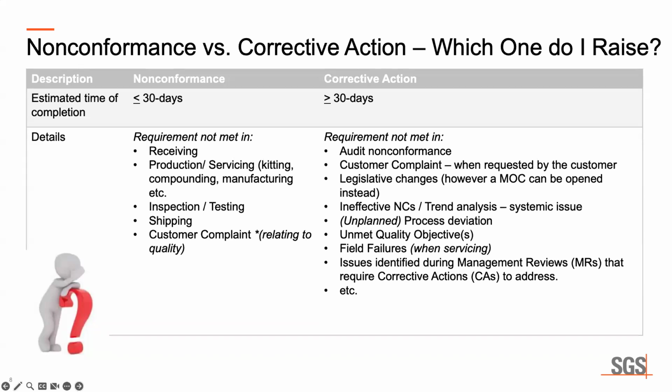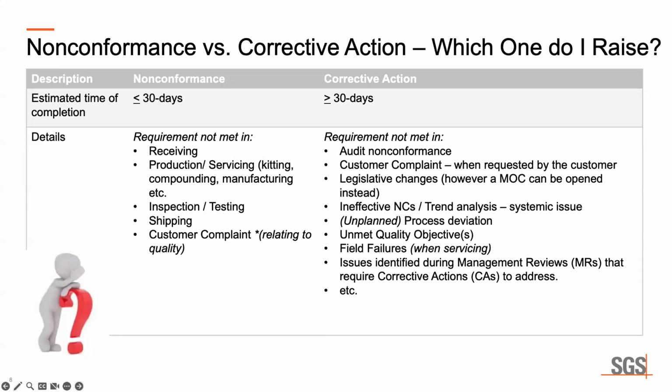So anything with inspection, anything with shipping. I have to now ship my product out, for instance, product that obviously passed all of the checks during production and finished good testing. Now you need to ship the product out. If you realize that, hey, we've got a problem here, I don't have all of my shipping documentation, I don't have my C of A's, or where I'm supposed to be shipping this isn't written in the labels that I need to affix on the shipping container, in this case, you initiate a nonconformance.